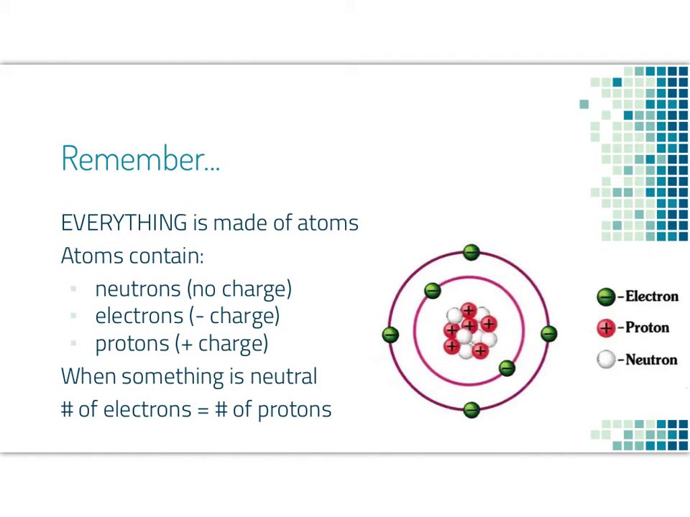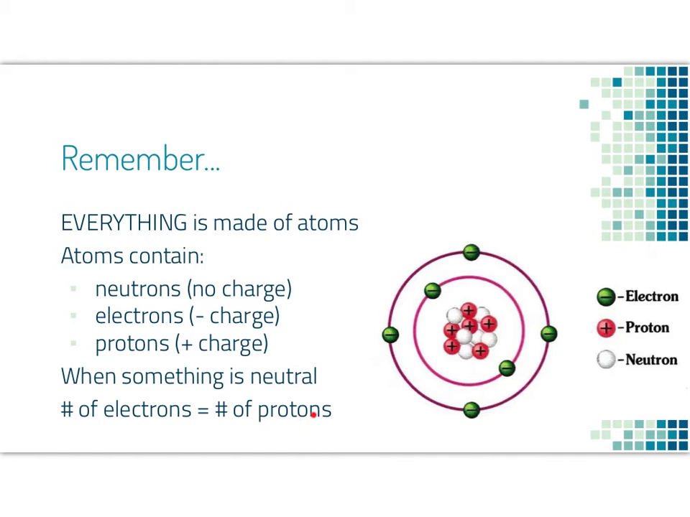So remember that everything is made out of atoms, and atoms contain neutrons in their nucleus, the center, and they have no charge. Electrons have a negative charge, and they are surrounding the nucleus, and protons have a positive charge, and they're also located in the nucleus. When something is neutral, like an element, the number of electrons present is equal to the